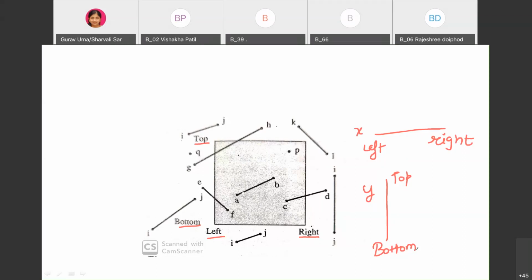So we know what clipping is. Now in this clipping window, we have already seen that instead of left and right, there are min and max, and instead of top and bottom, we had seen min and max. So y max, y min, x min and x max. That window we will call a clipping window, or you can consider right, left, top, bottom. So this window is also called a clipping window.